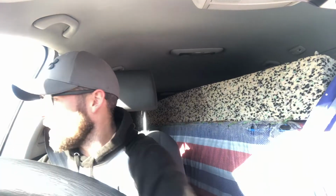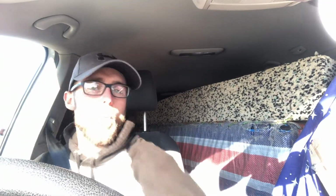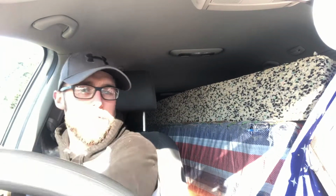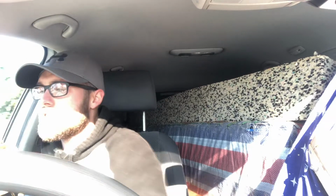cheerleading. So as you can see, we've got some more foam in the car. Went to Power Nation yesterday and got my foam, and I'm currently now at Wicks to get some more wood because they were out of the rustic wood we've been buying. So we're gonna pop in, eat my breakfast, my banana, go in, get the wood, then head to the studio